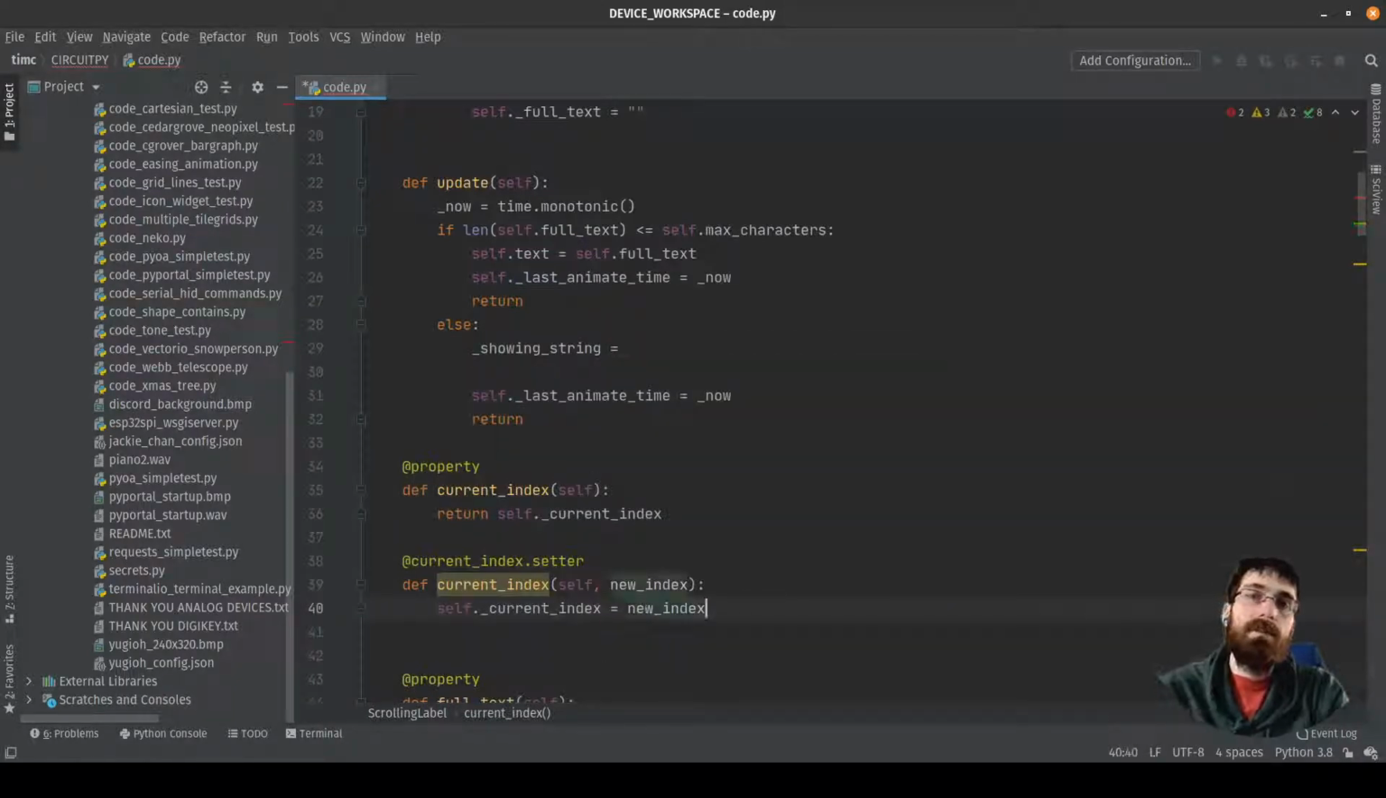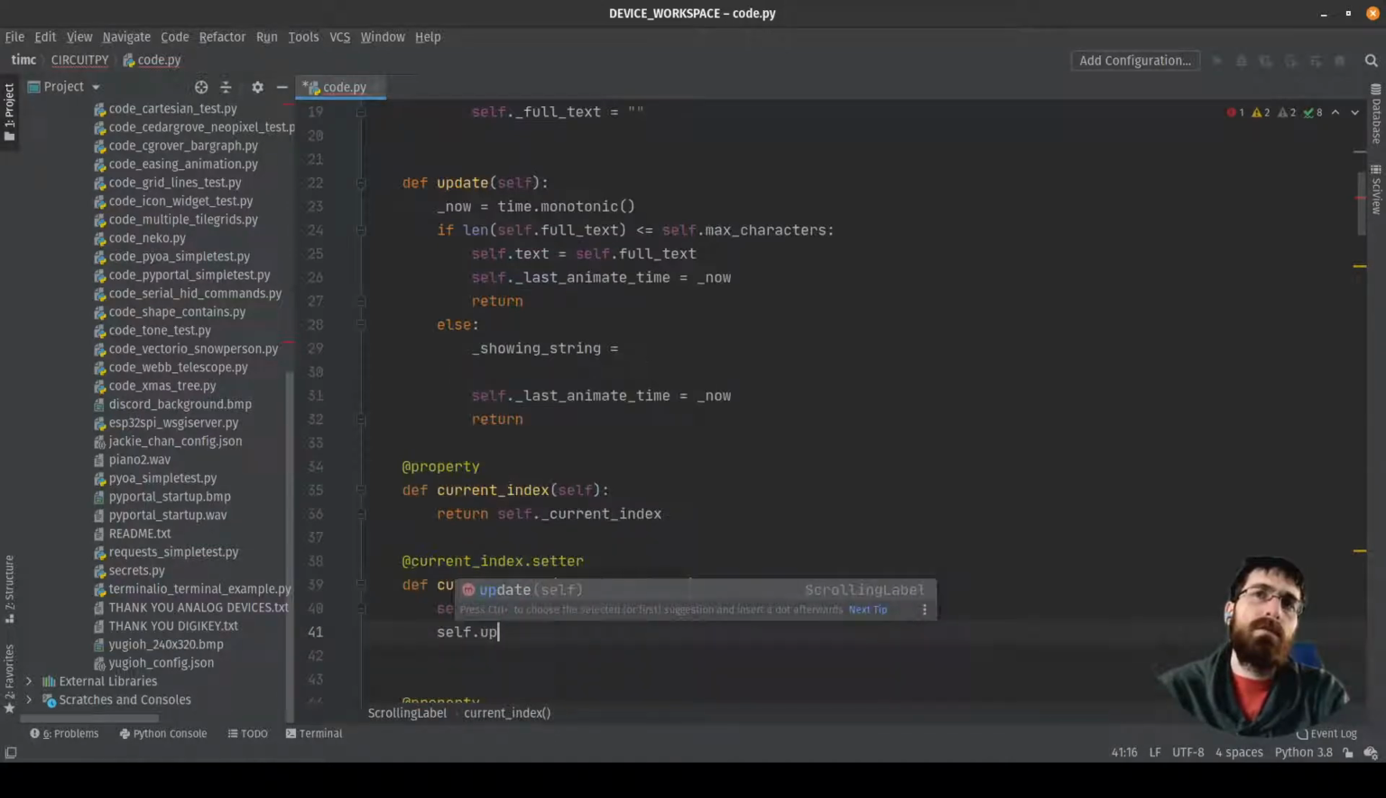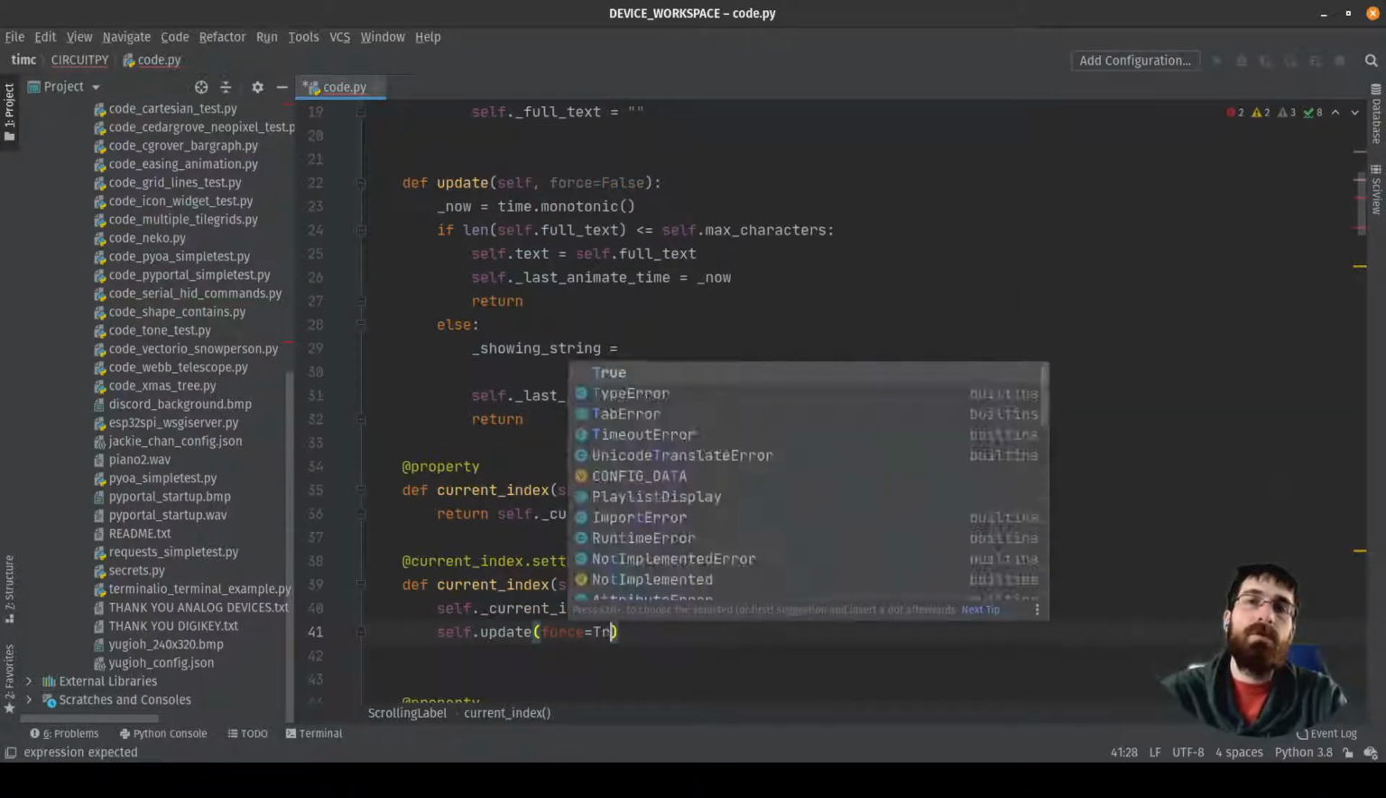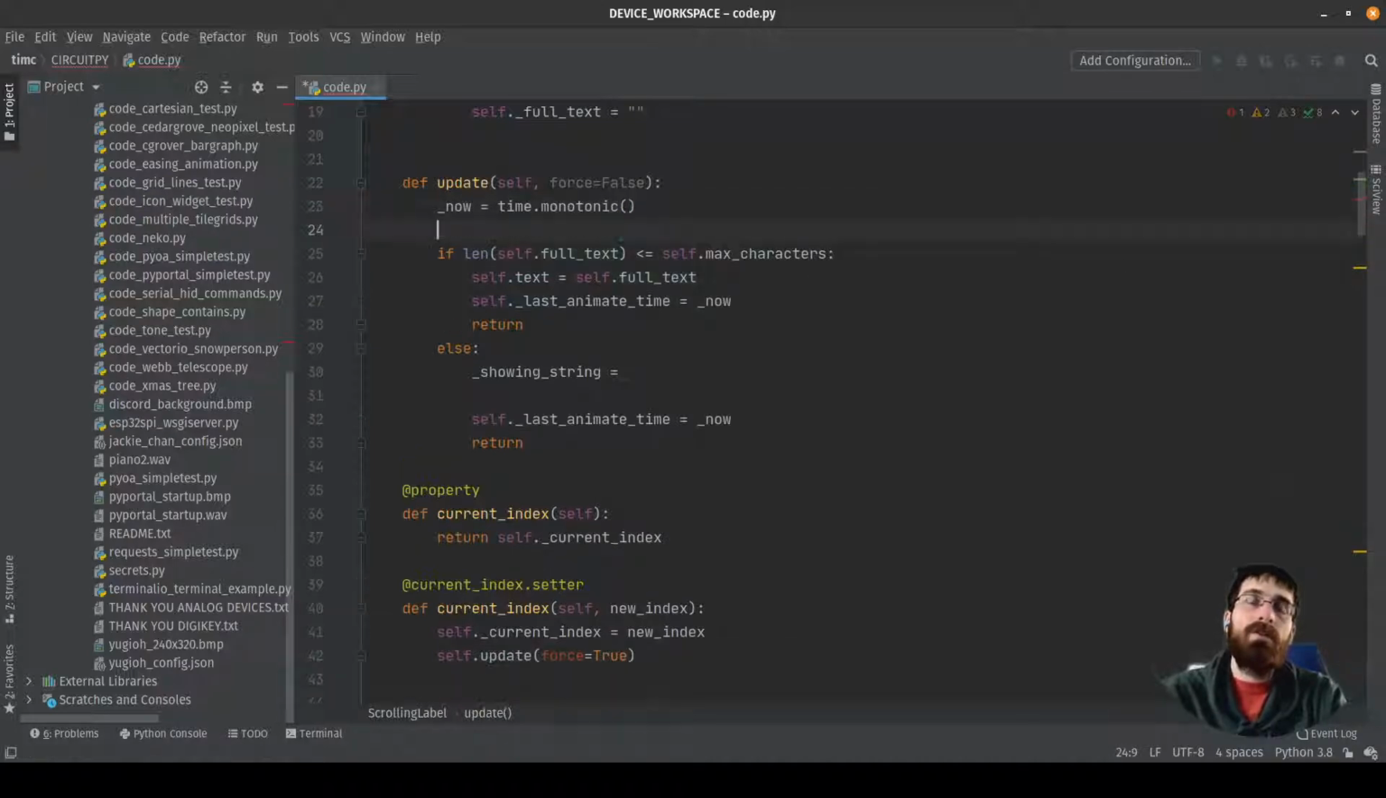New index. Probably call update. This gets weird if we call update though, because it might not be time yet. I think we need like a force. Force equals false. This should be then force equals true. And this should have like, well, I didn't even add it yet. If now, so if force or now,